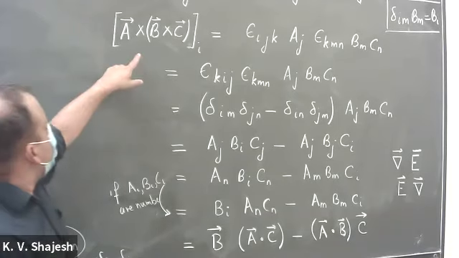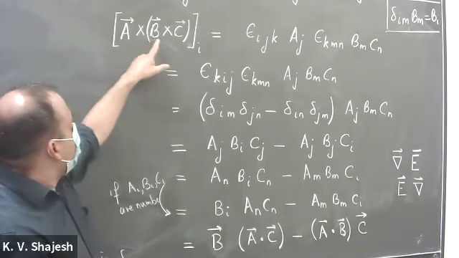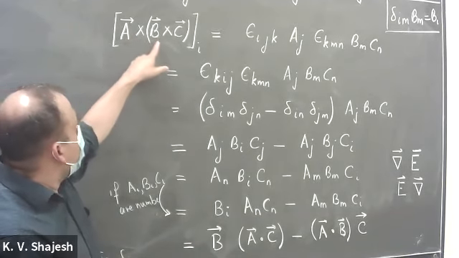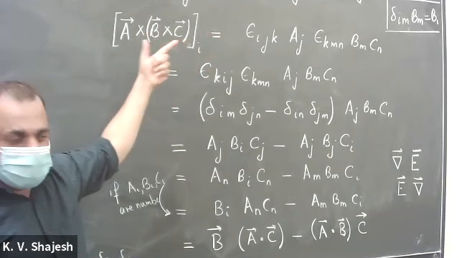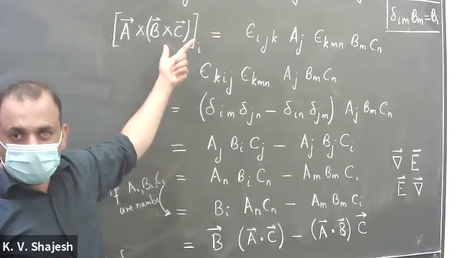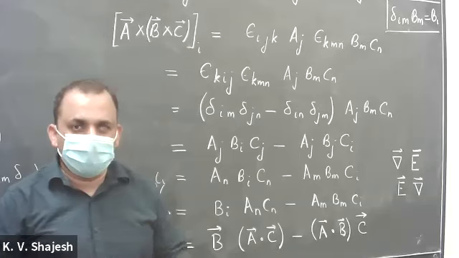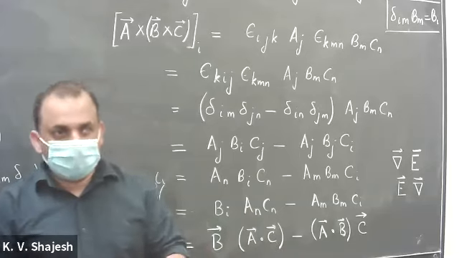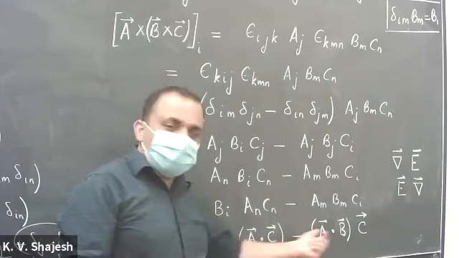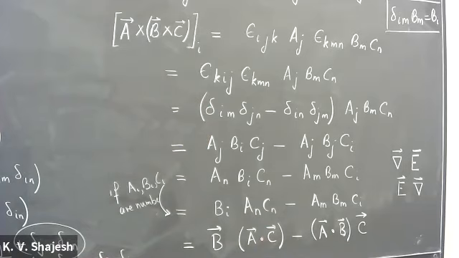One more comment I will make. This can be thought of as a distribution, right? Whenever you have a parenthesis, you multiply A times B, and then you multiply A times the other, right? So this is a distribution of vector products. When you have 2 vector products, this is how they distribute. Like in differentiation, if you have the differentiation of A times B, you first differentiate A, then you differentiate B. There are 2 terms. So this is kind of a distribution property of the vector product. Very soon we are going to do differentiation, and these things will combine together. So with those comments there, let me